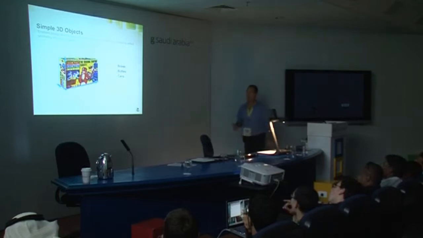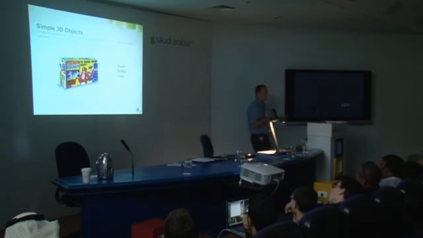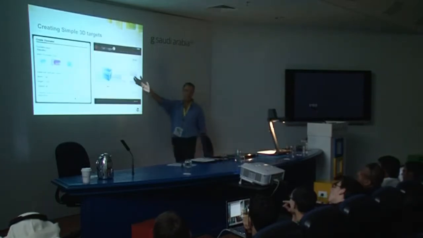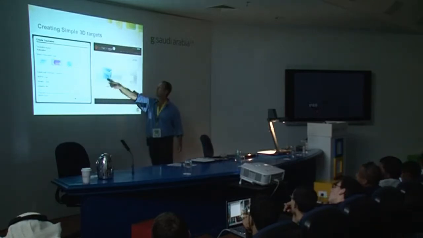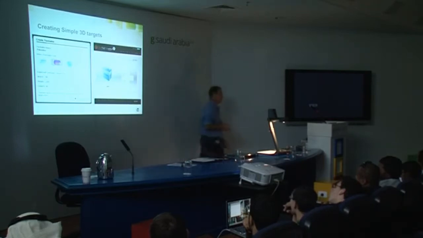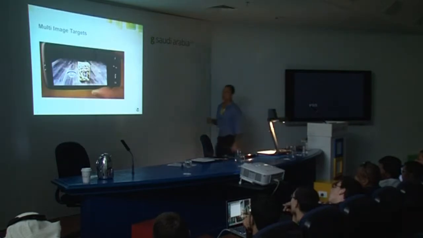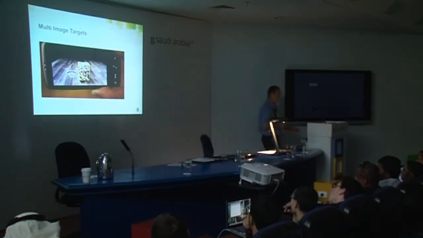Simple 3D objects, what are they? They are basically 3 surfaces, 1, 2, 3. I'm making it look dumb, and it is dumb, but this is the best way to understand it. So you have 3 faces, and in the tracking management system that we saw, where you upload your image, you can decide to have a box, and then you put the 3 images to, and then basically it will allow you to recognize that box. And once it recognizes it, you can do whatever you want with it, even have a 3D object behind it and hide it behind it if you want to. Okay?